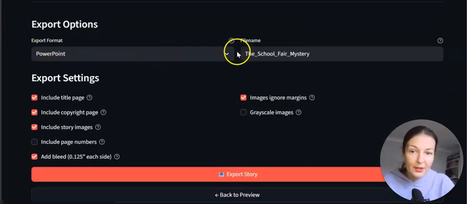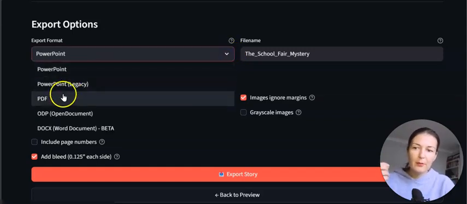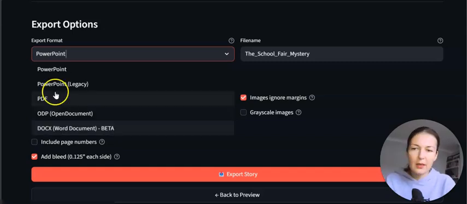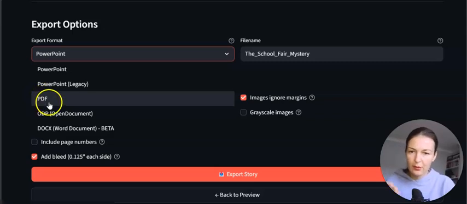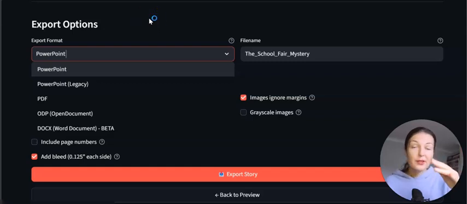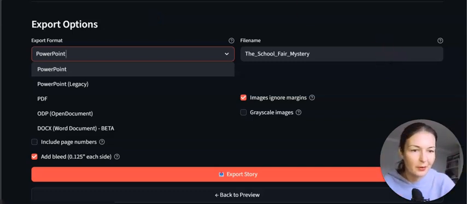Now, export format. So you've got quite a few options. You've got the PowerPoint, PDF, Word document, which is very useful for Amazon KDP, and PDF is also okay, right? The PowerPoint is useful to turn it into videos, but you don't have to, because when you're turning that story into a video, the software has already saved the story and it gives you the options. So which story you want to have converted into a video, and it gives you all of the stories it has saved in the system.